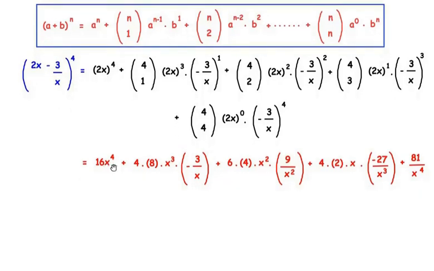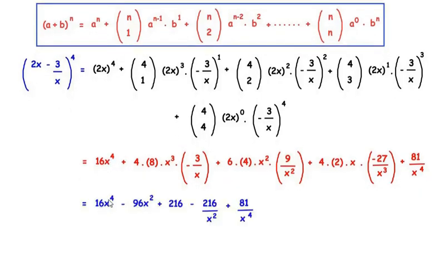So here the first term stays the same. So we have written the first term over here. Now here plus multiplied with a negative sign gives us negative. Now 4 times 8 times 3 is going to give us 96. Now 1x from the denominator cancels 1x from the numerator. So x cube becomes x square, plus 6 times 4 is 24, and 24 times 9 gives us 216, and x square from the numerator divides the x square from the denominator, giving us plus 216, plus, now here again